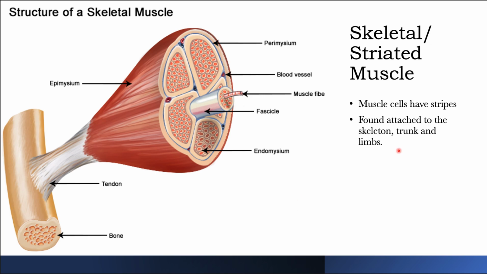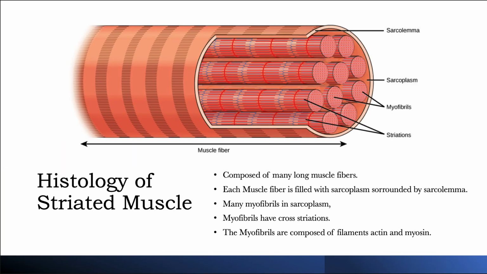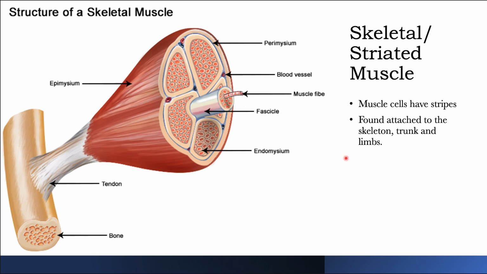Now, striated or skeletal muscle have stripes, something that looks like this. These guys are found attached to the skeleton via a tendon. So I know students always forget it, but tendon connects bone and muscle. Ligament connects bone and bone. Never forget that. And it is attached to a bone by a tendon, which then connects to the outer